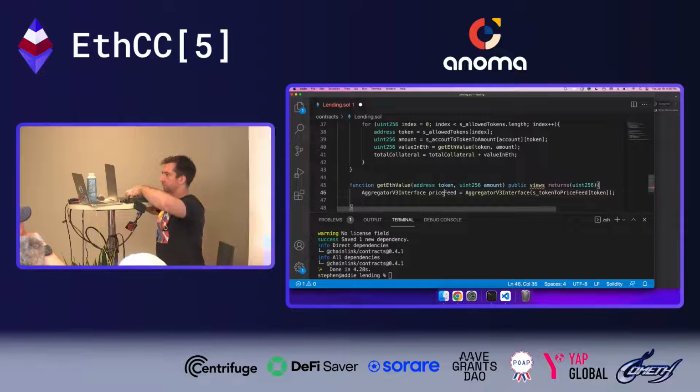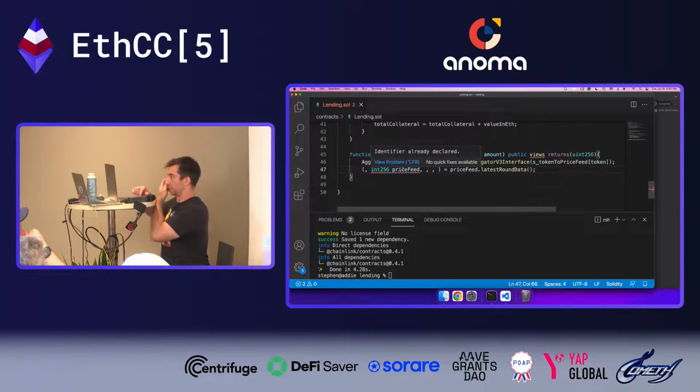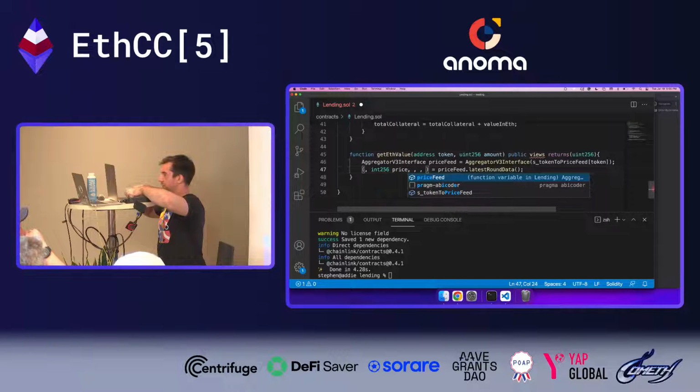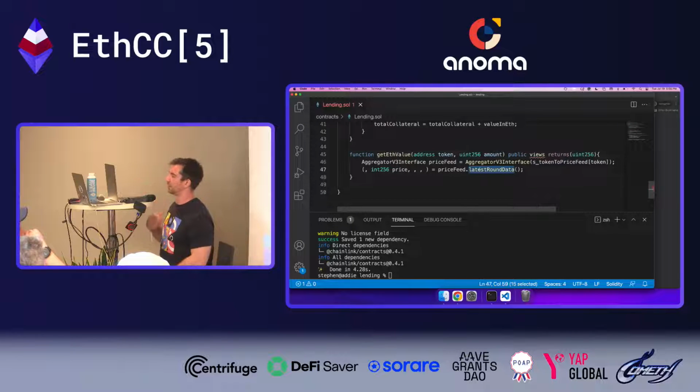And then we can just do, this is going to look a little weird. I'm going to tell you why in a second. int256 price, comma, equals price feed dot latestRoundData. So price feed dot latestRoundData. Latest round data is a function that returns, I think, 5 variables. So we just put commas because we're not actually going to use them. So once we get this price,